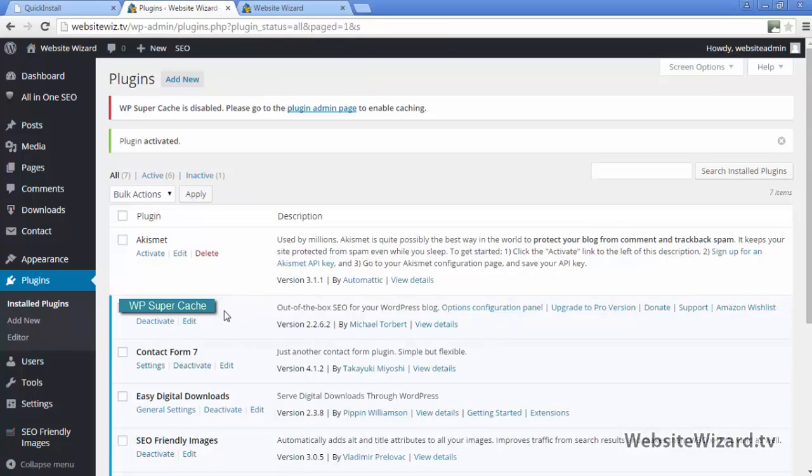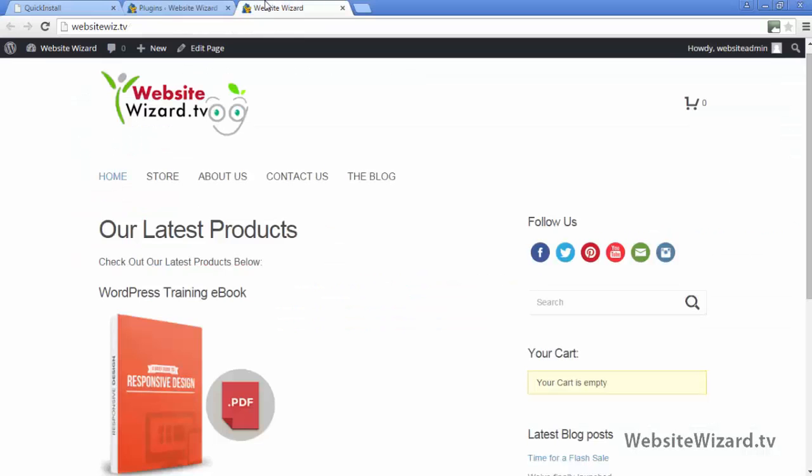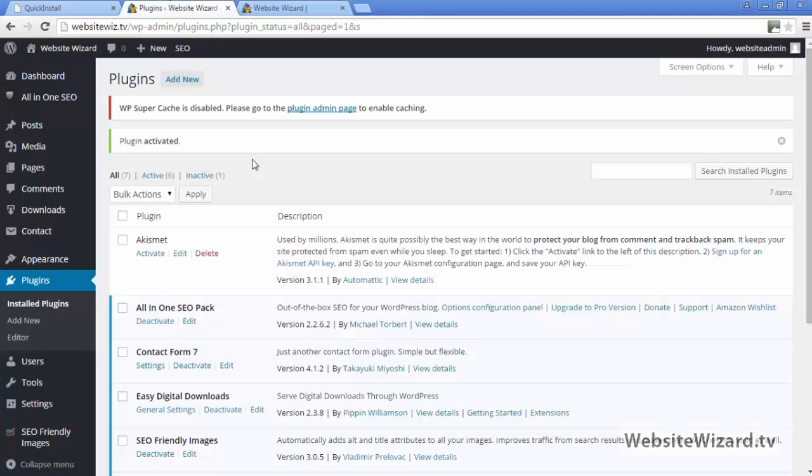What this plugin does is it will cache the content on our website so that it helps our web pages load faster, and that's great for SEO and user experience. But one thing I want to mention with this plugin is that at the beginning of this tutorial we actually deleted this plugin, and the reason why I did that is because I found that it was causing a problem. When I was changing, for example, the website logo on my site, and I was clicking save the changes and then coming back here and clicking refresh, the actual changes were not being made even though I changed the logo and clicked save. The reason for that was because of this plugin, this one right here, which is caching